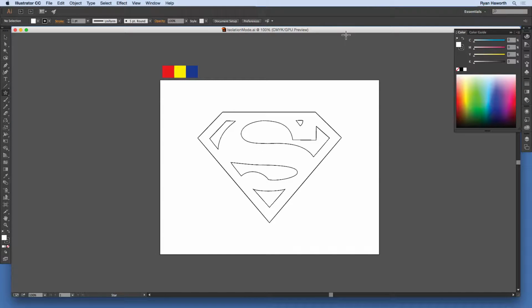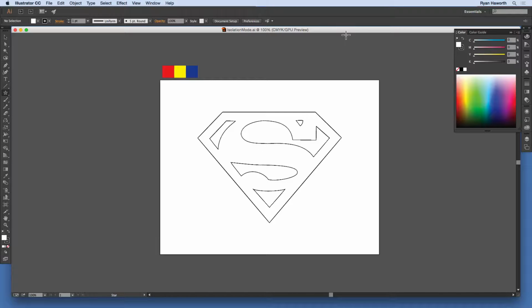Okay, now we are going to talk about editing within groups, editing within objects, and isolation mode. As you see here, this is basically just going to be a workflow. If you want to watch along, it'll be kind of an example project. This is the Superman symbol, and I am just going to be showing you how to edit and use the isolation mode. What is the isolation mode? Well, it is Illustrator's way of